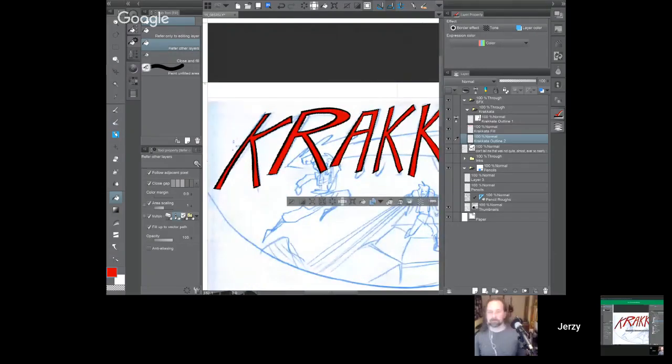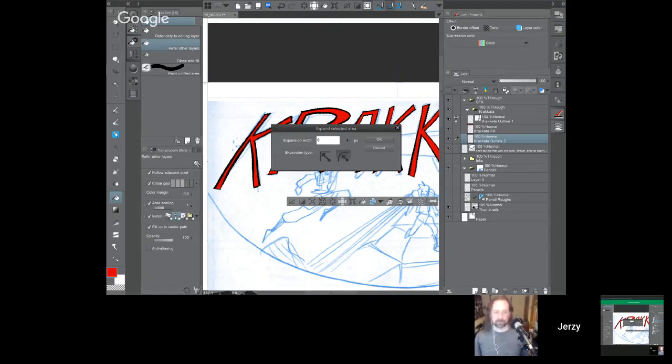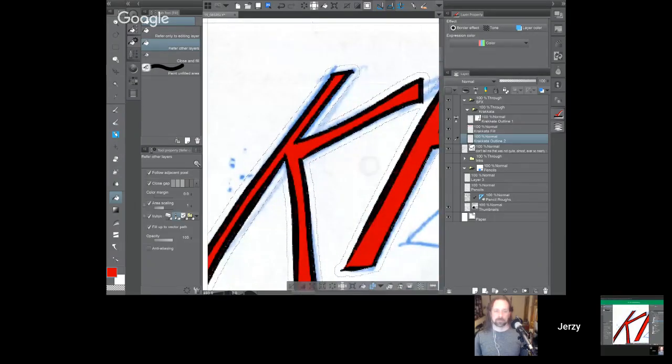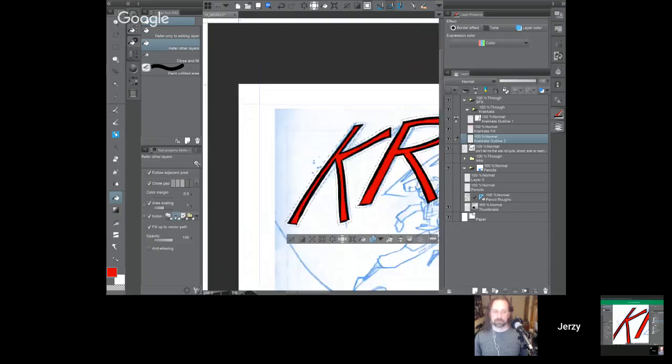And when you make a selection in Clip Studio Paint, you get this little menu that drops in underneath your selection. And there's a lot of different options here. You can deselect. You can invert the selection, but this is the one we want, expand selected area. I'm going to click that, tell it to expand by, let's say, 6 pixels is fine. Hit OK. And now we can see the marching ants have made a wider path around the lettering,